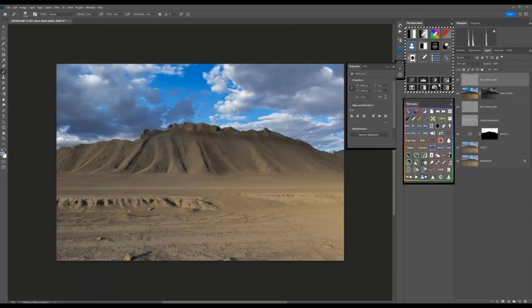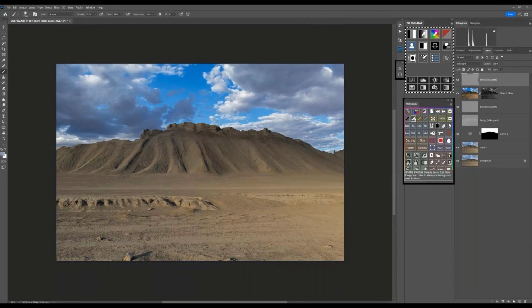And now, since I used the color picker, this is where you need to be careful. My brush is now the color of whatever it picked. So as you can see over here, we need a white to make it lighter or a black to make it darker. But we want to go with a little bit of white here. I'm going to turn my opacity down because I don't want it to have an over-the-top look. Just a little bit of